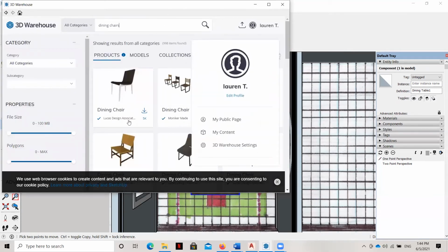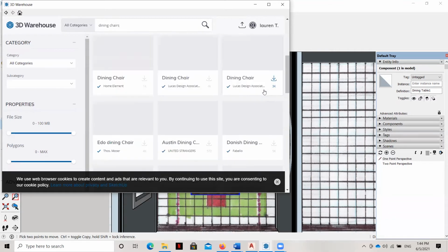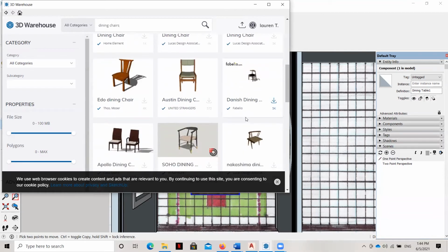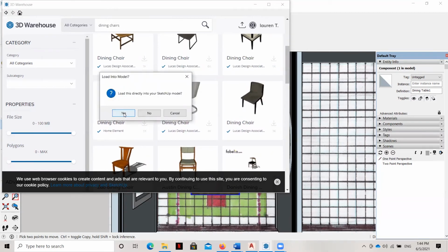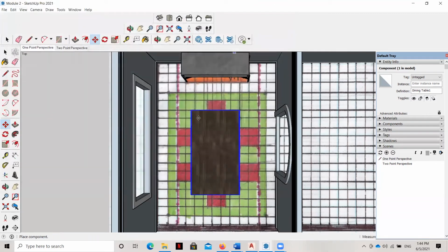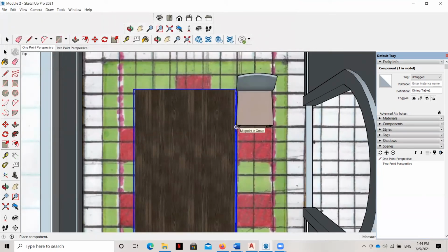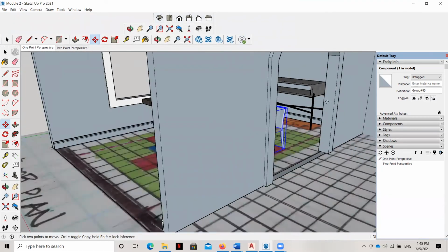Okay, now there's a few that look similar to what we've got. We can go ahead and grab, let's see how close can we get. Maybe this one is probably as close as we can get. Let's go ahead and drop that in. Okay, and you can see here, I'll go ahead and put it in here. Now these are going to be a little bit small. You can see here.